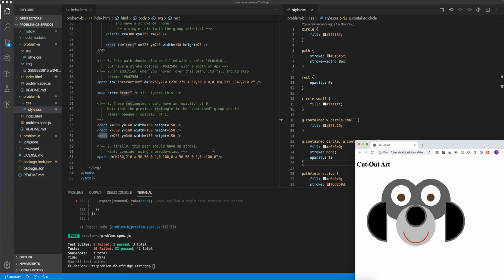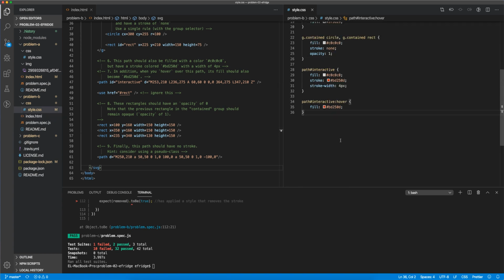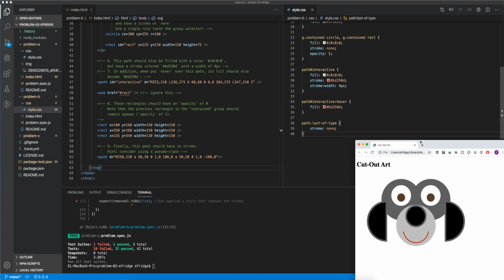Oh yeah, nice. Finally, this path should have no stroke, considering a pseudo class. Okay. All right, so if I say, oh, this is a path I need to also worry about, okay? Now, the pseudo class I looked into was called last of type. And you could use a lot of different ones for that if you want, but I'm going to say stroke none. Okay. There are other ones in there. We can say,